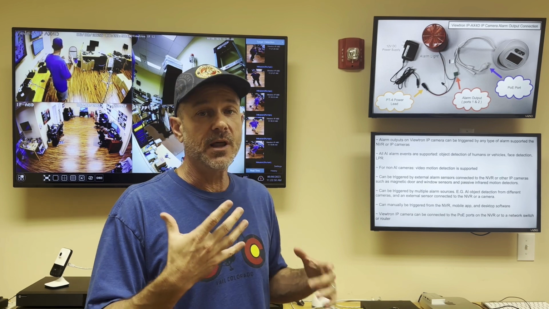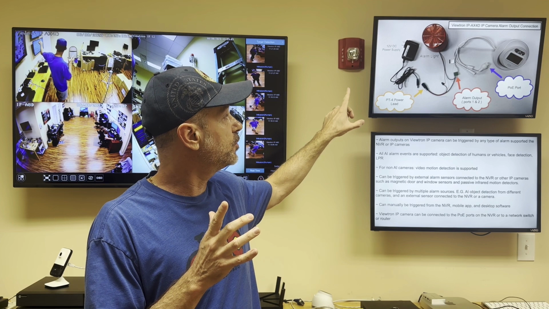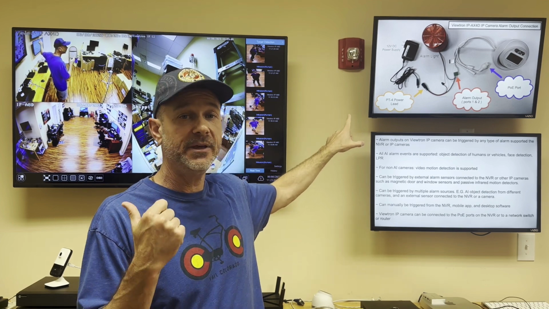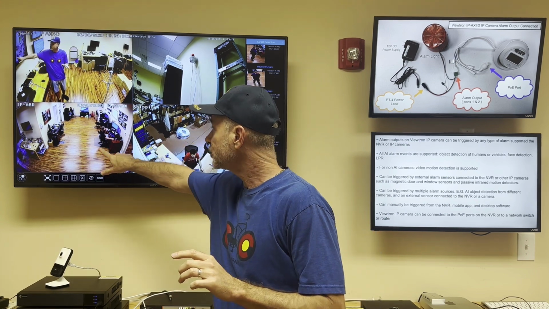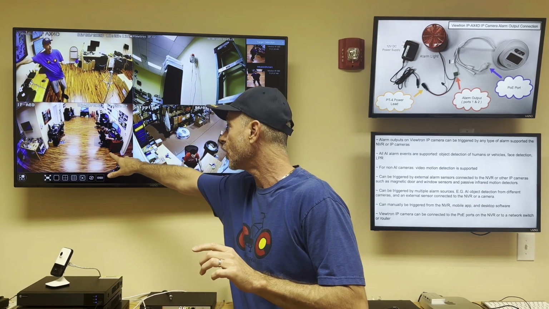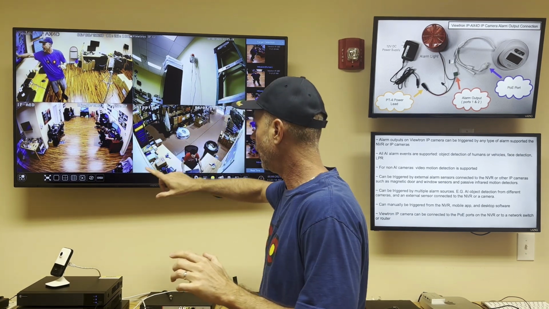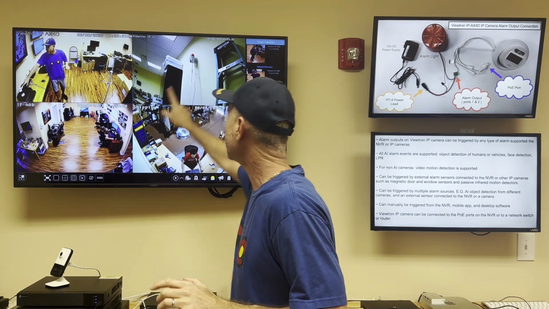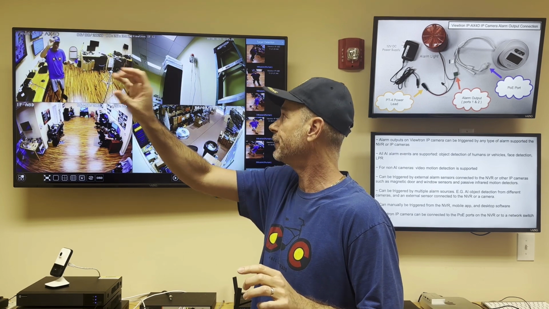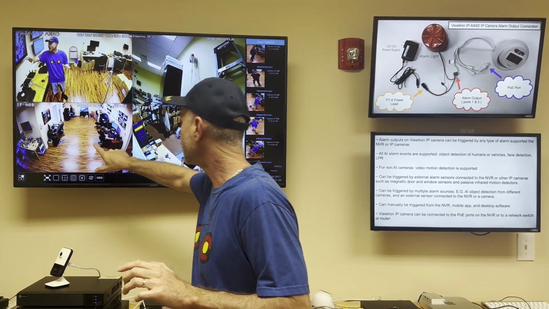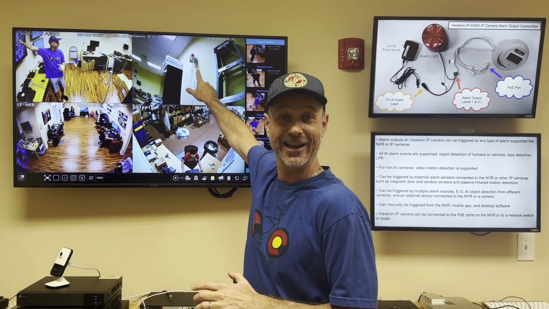So first, let me show you real quick how I wired this alarm light to the alarm relay output of the IP camera that I'm using. And then what I'm going to do is I'm going to set up object detection on this IP camera right here that monitors, again, our sales floor. And I have one of our cameras just pointed directly up at the alarm output light, so you'll be able to see it flash. And so I'm going to set up an intrusion zone here that'll trigger the alarm output on this IP camera here.